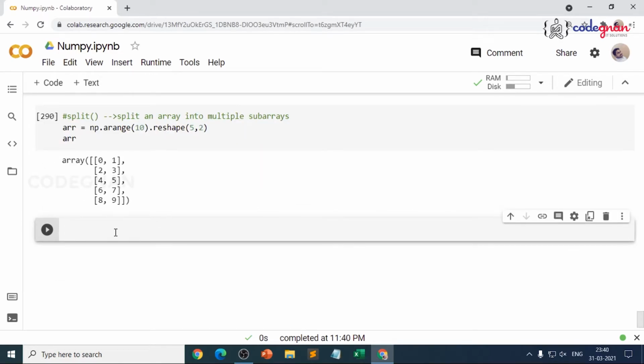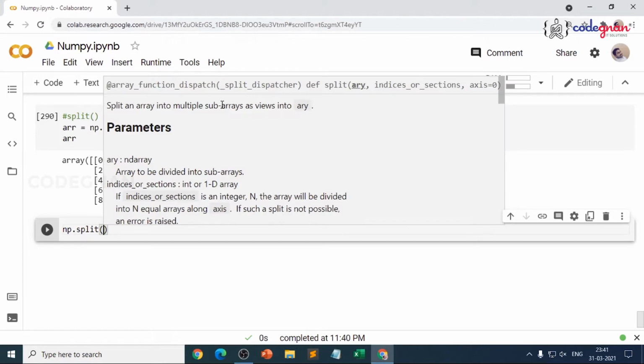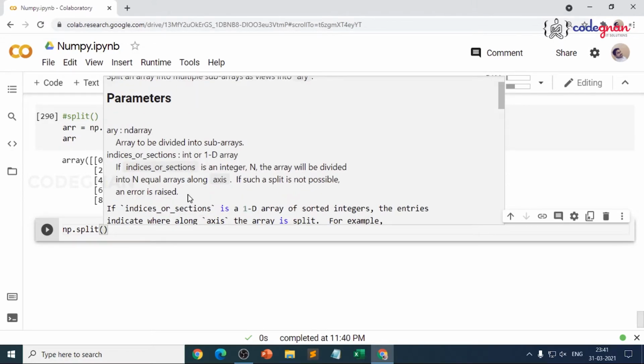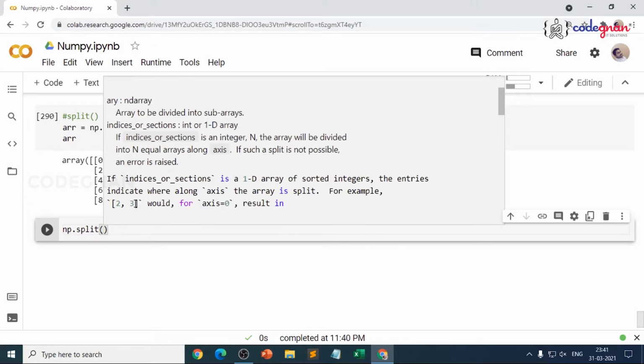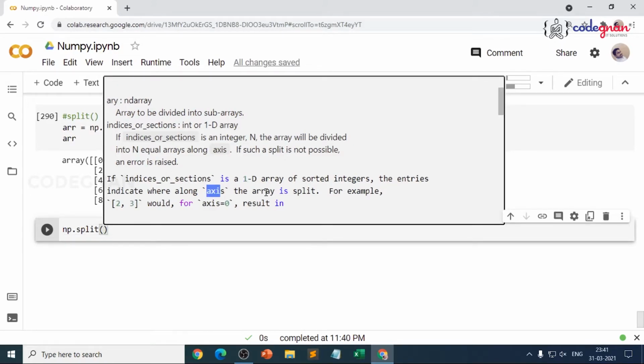But how do we go for splitting here? When we go for splitting, np dot split, it expects the array. The first thing is the array. The second thing is indices or sections. This is very, very important. You see here, if indices or sections is a 1D array, the entries indicate where along the axis the array is split. Because if the splitting is not matching, it will throw an error.